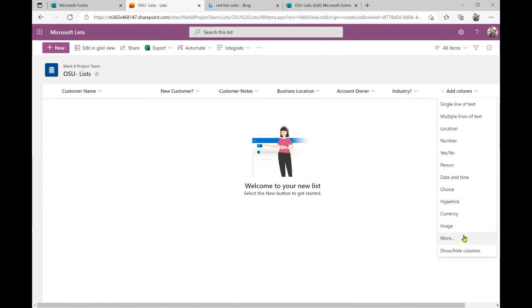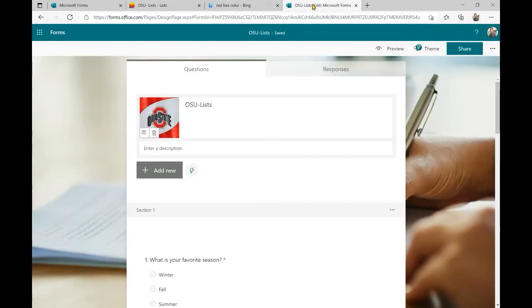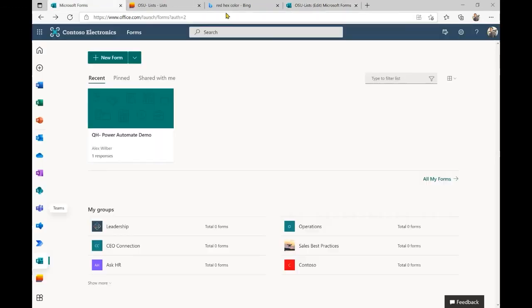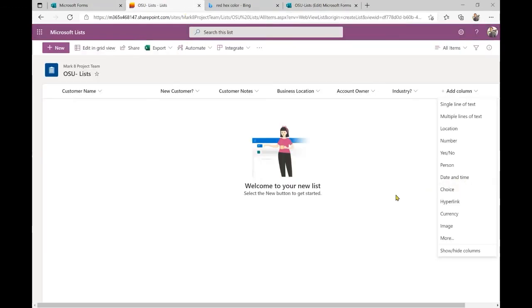And everything else, like I said, is self-explanatory. Number just means it's looking for a number value only, a 1, a 2, a 3, whatever. Hyperlink, maybe you need to link to this customer's website or even this form. So maybe we want to link to their form response. You can do that as well. Maybe you want to hide this column. You can do that.